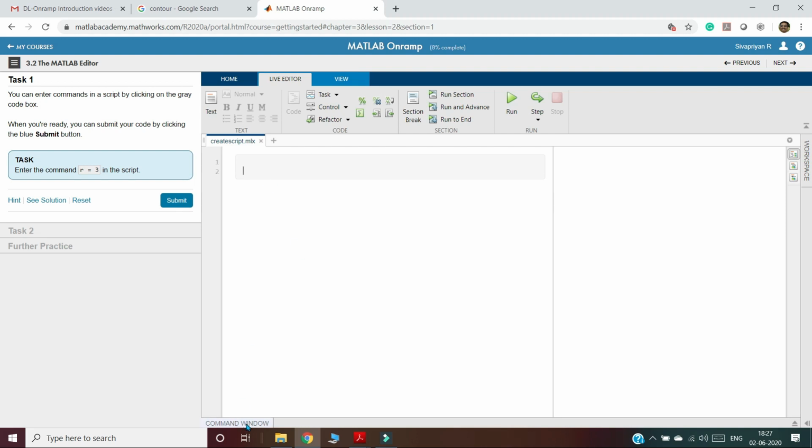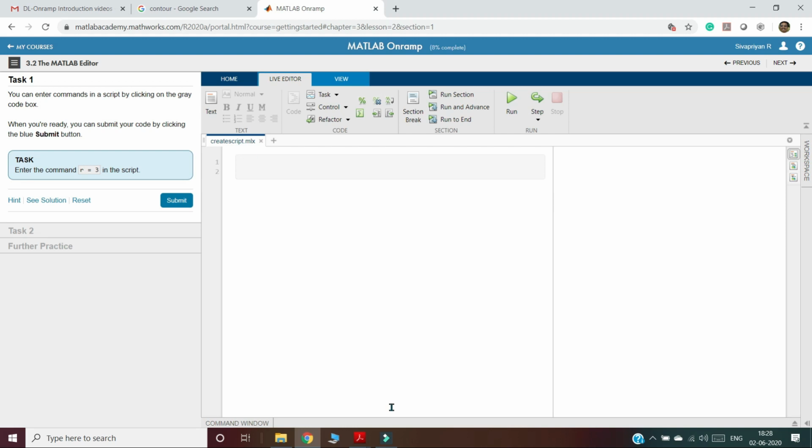Here you get exactly the command window, then the script editor or live editor, and the workspace is available. Then you can verify the output over here. The only thing is the directory will be missing because it is a web browser, so the directory is not necessary. Inside the directory you will get the task. This web browser is meant only for the courses MATLAB Onramp, Machine Learning Onramp or Deep Learning Onramp. But using this facility we are learning MATLAB in detail.